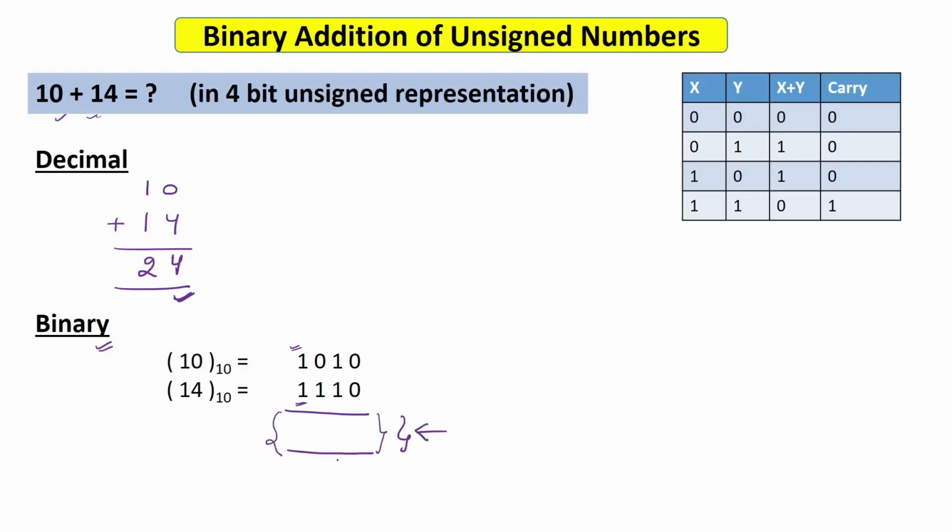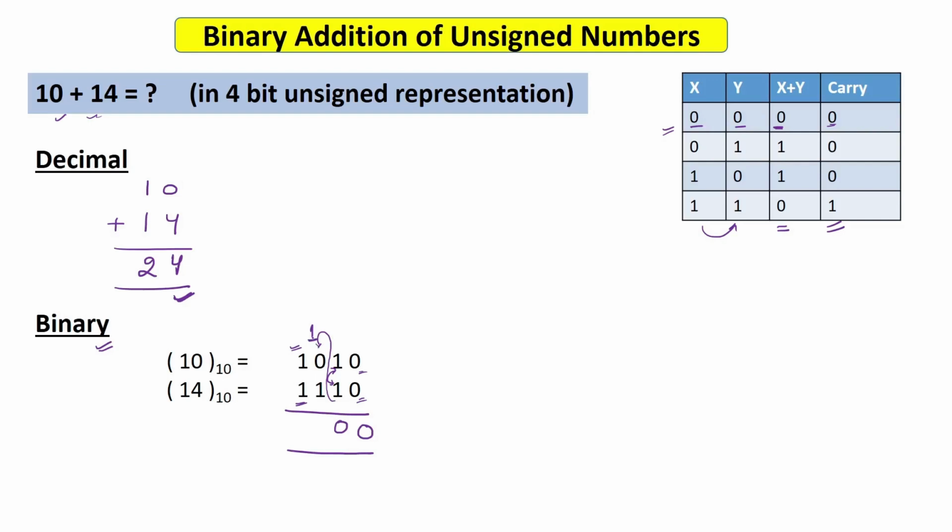So I should be getting the binary representation of 24 from here. Let's see. The computer will say, 0 plus 0 is 0, as you can see from this table. The sum is 0 and the carry will be 0, which you can simply ignore. Now 1 plus 1, what is the sum? It is simply 0, but there will be one carry. So the carry bit is 1, and it is moving here.